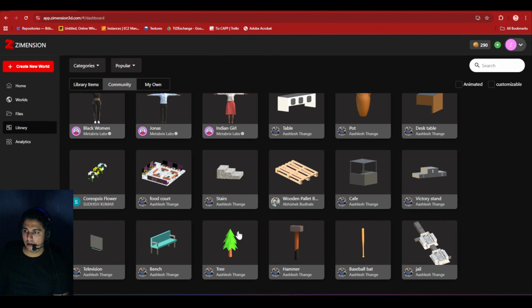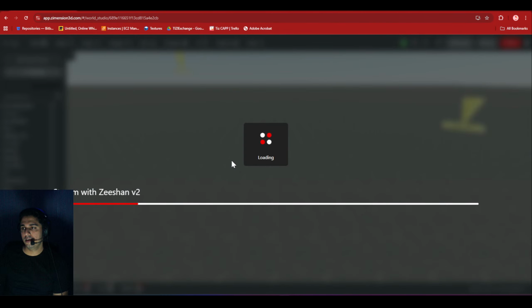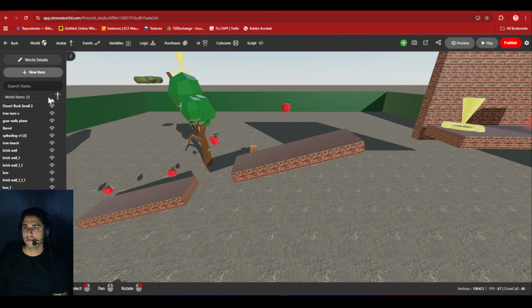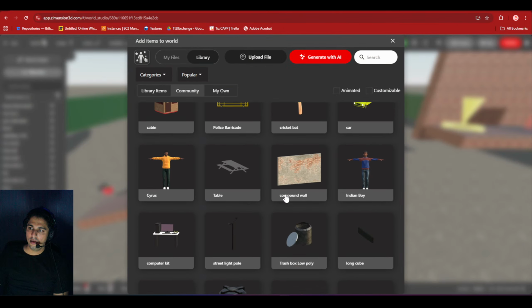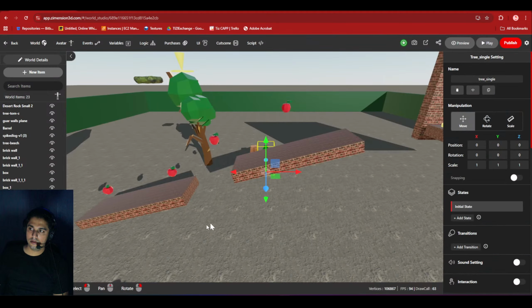For example, let me add this tree in my world, and in the credit section, it will always show the author of that asset. So I'll go to the world, add new item, then I'll click on community, and I will select this tree.